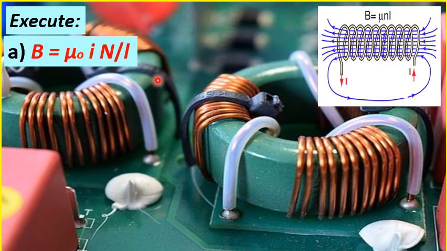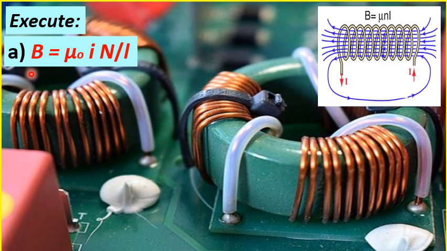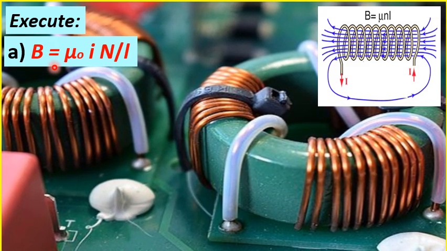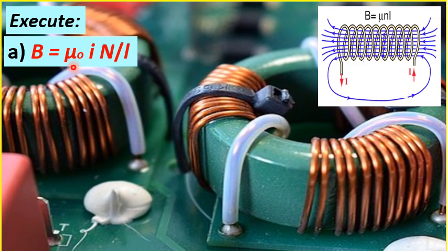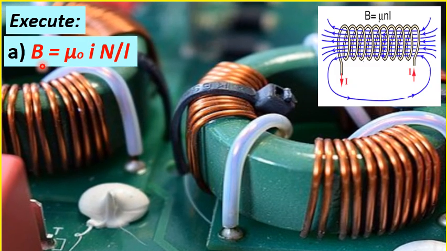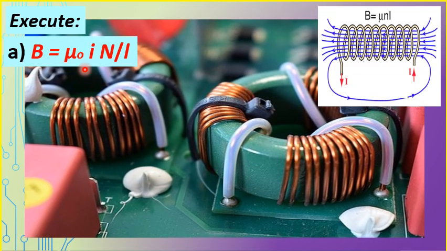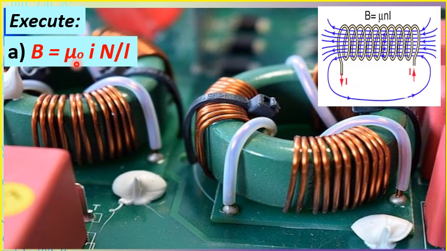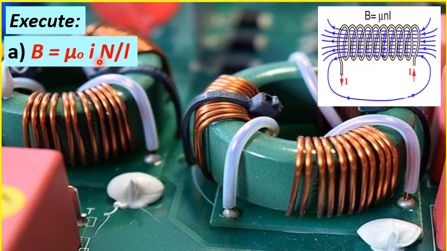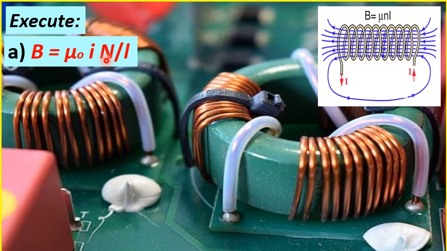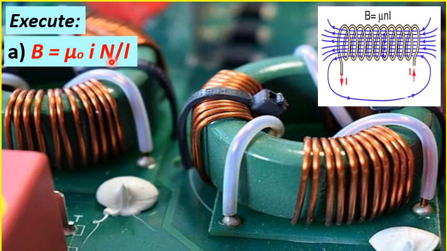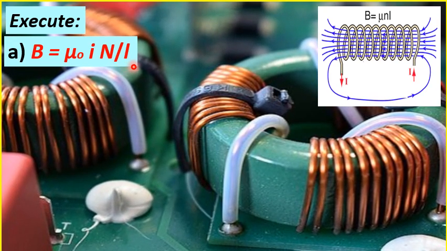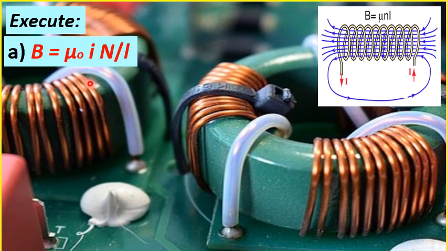For our solution, starting with question letter A, finding the magnetic field, capital B, in the solenoid. This is determined by just multiplying the permeability of free space, denoted by mu naught, by the current, small letter I, and the number of turns per unit length. So substituting,